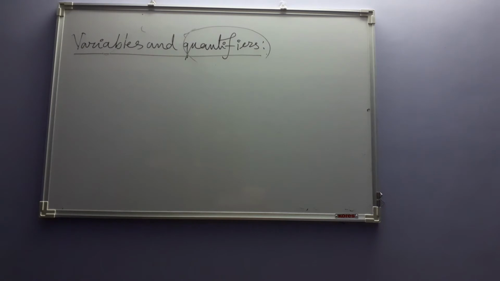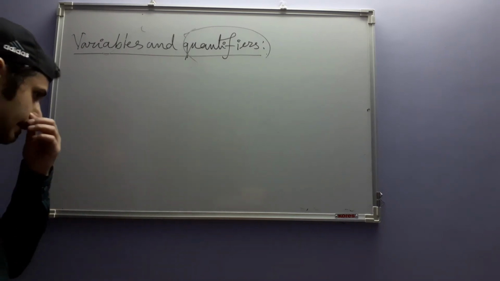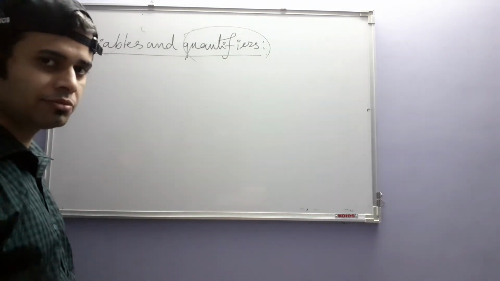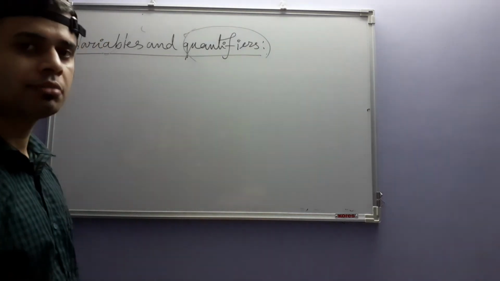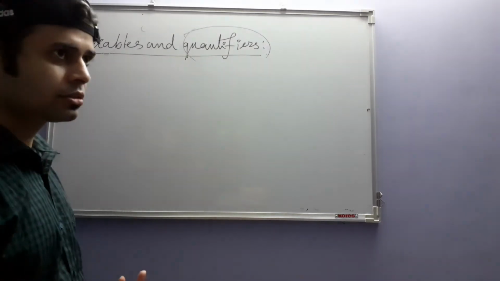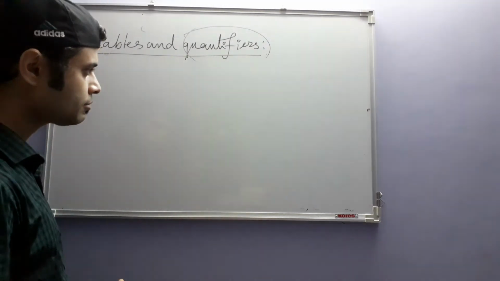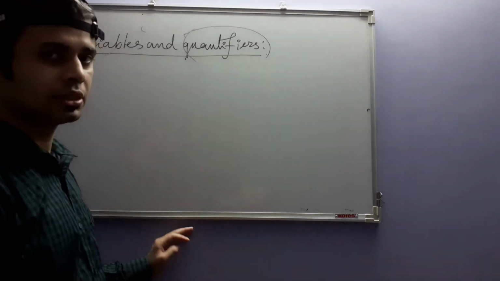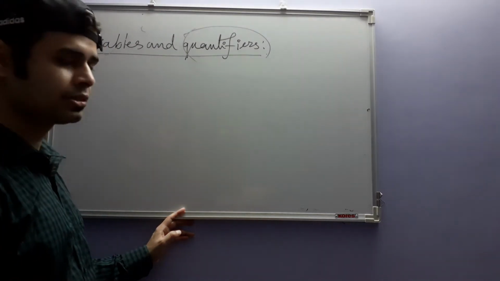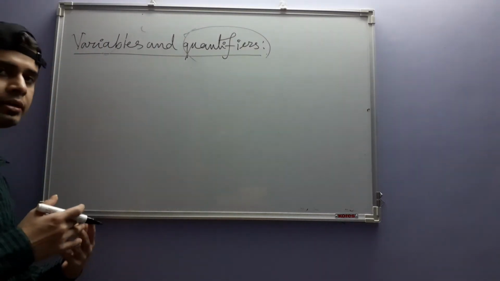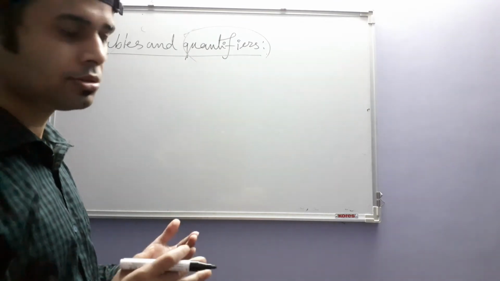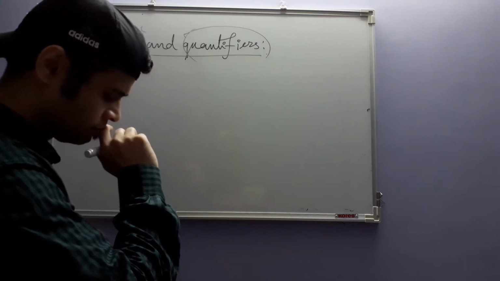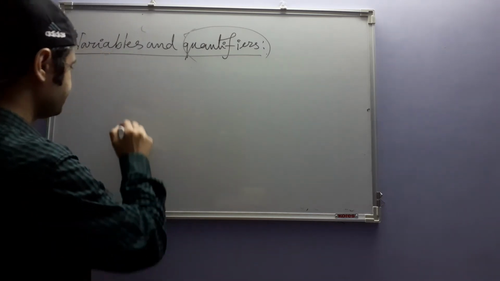Oh, and speaking of variables, I should also mention that although we have so far used statements involving only numbers, variables can be vectors also, functions also, matrices also. Okay, and in some cases they may even be other mathematical structures like groups, rings, but since we are at this elementary stage, I don't want to say about them. For example, you can